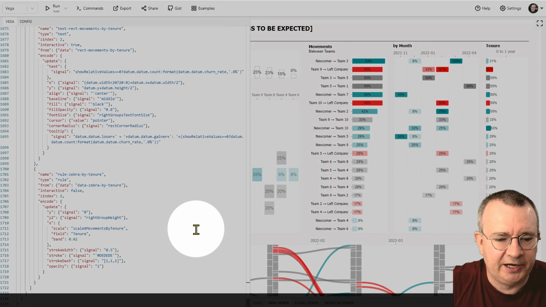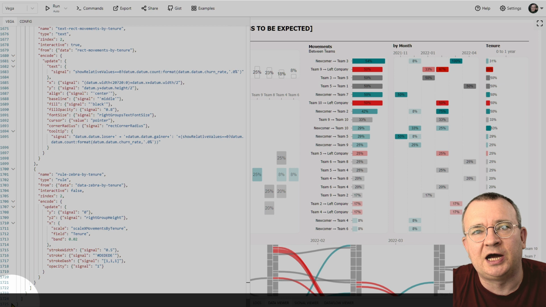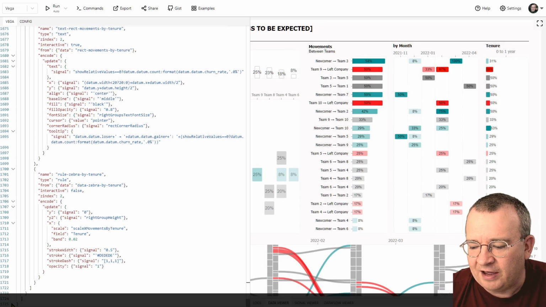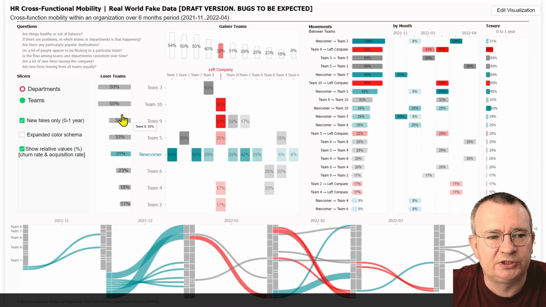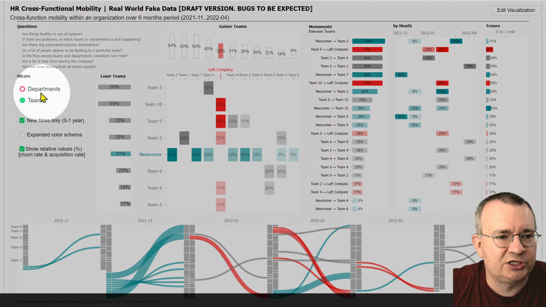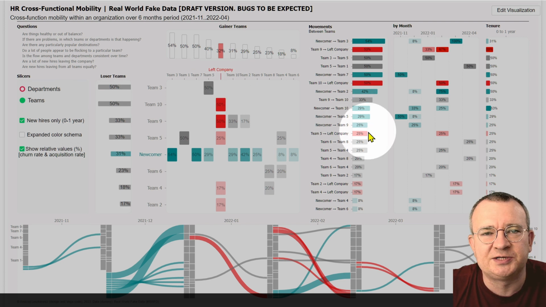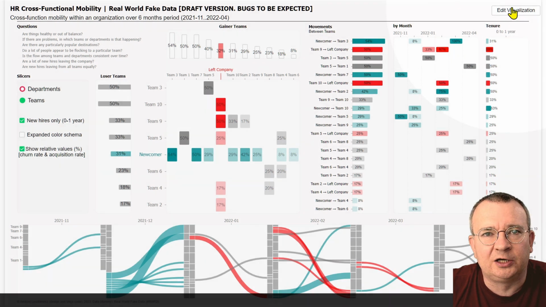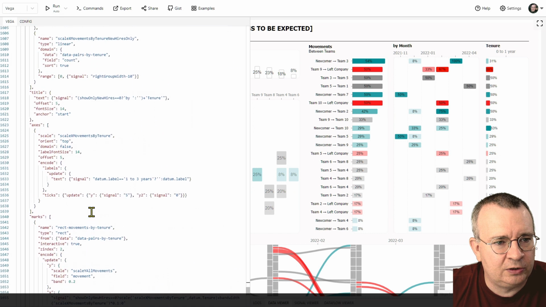As you can see here in the left bottom corner, there are about 1700 rows of Vega JSON behind the dashboard. Every element of this dashboard, every section of this dashboard, like question section, slicer section, every single chart included in this dashboard is a part of a group mark in Vega. Let me scroll up,